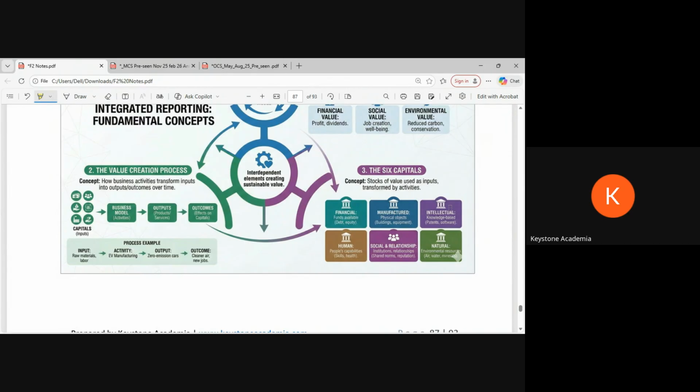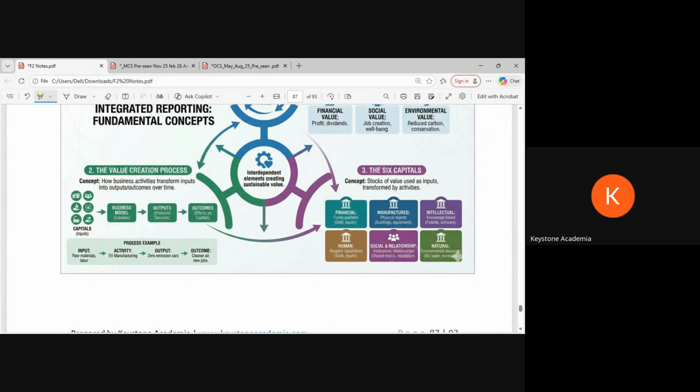Then intellectual capital, this is relevant to us, like we just discussed. Licenses, patents, whatever we have acquired, contracts. Then human capital is how qualified, how skilled our people are, and what we are doing to improve it more. Social relationship, obviously relationship with our suppliers, the government, the local society, and ultimately the natural capital.